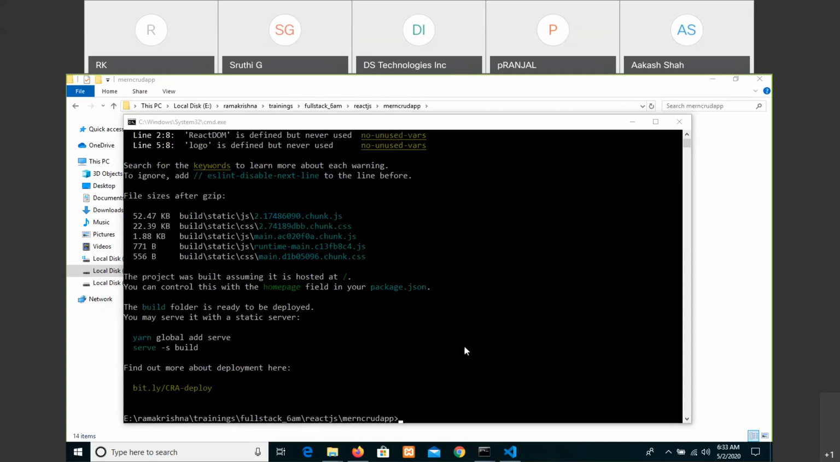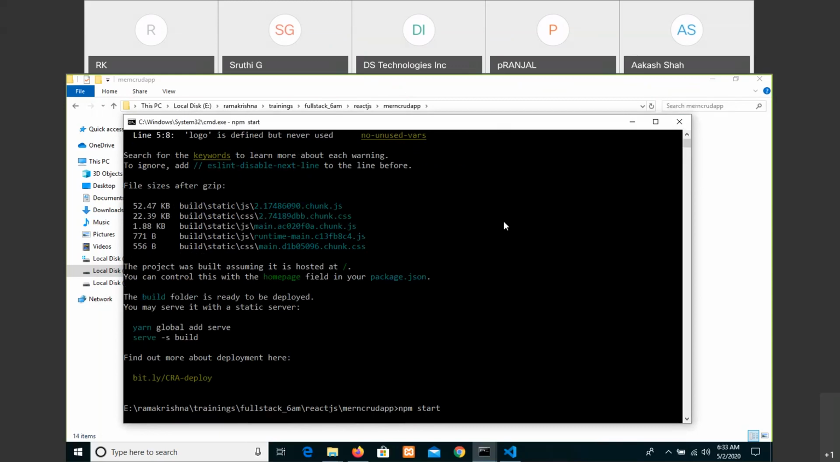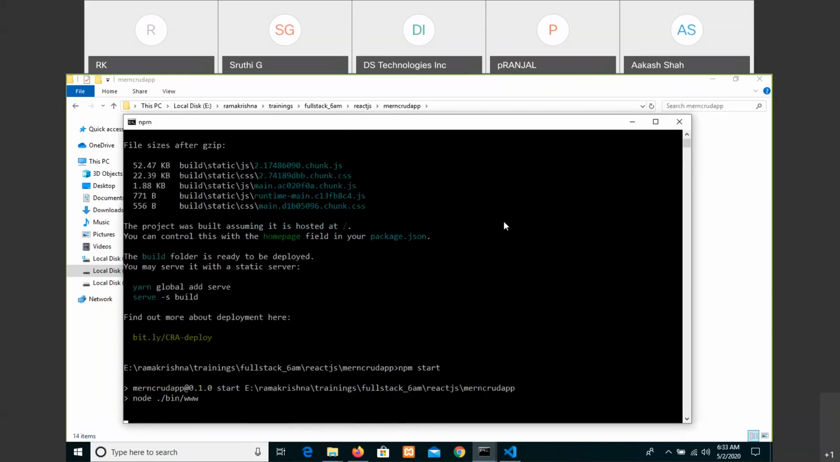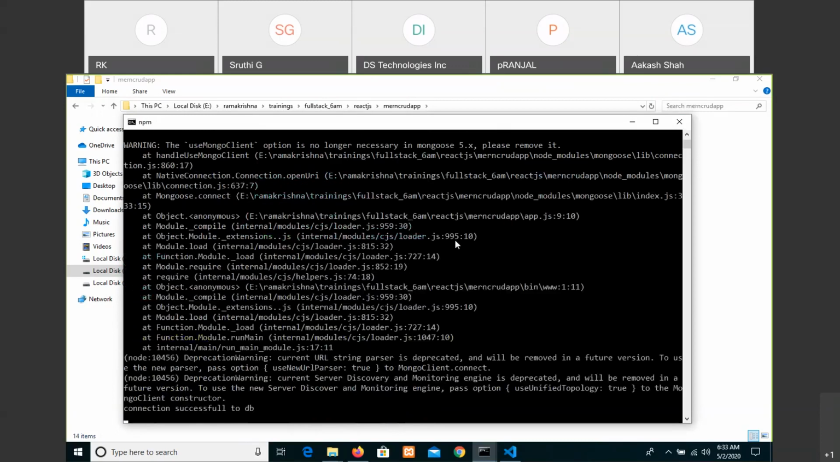Okay, now let us npm start. It is only the URL that was missed in connecting to the routes, sorry, in connecting to the model. Okay, now it is working successfully, and let us now open